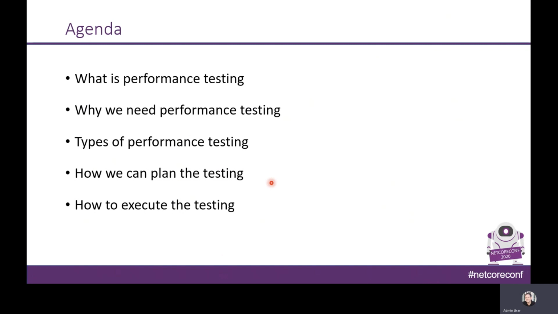In an entire application lifecycle, this testing plays a key role because it enables you to deliver your application to the users without any issues, and also enables you to handle unexpected scenarios as well. For every process, there will be planning, implementing, and execution. Right. So today we are going to see all three phases.